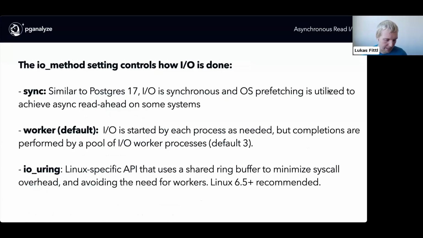In Postgres 18, we have this new setting called I/O method, which controls how asynchronous I/O happens. There are three methods that you can use. Sync is basically the same as what existed in Postgres 17. It uses all the same APIs, but instead of issuing things asynchronously, it does wait for the I/Os to complete. It does rely, like Postgres 17 did, on the OS prefetching to do some of the asynchronicity. So even in Postgres 17,